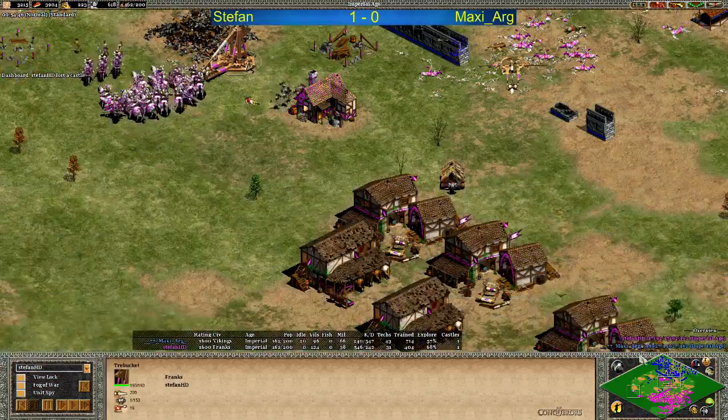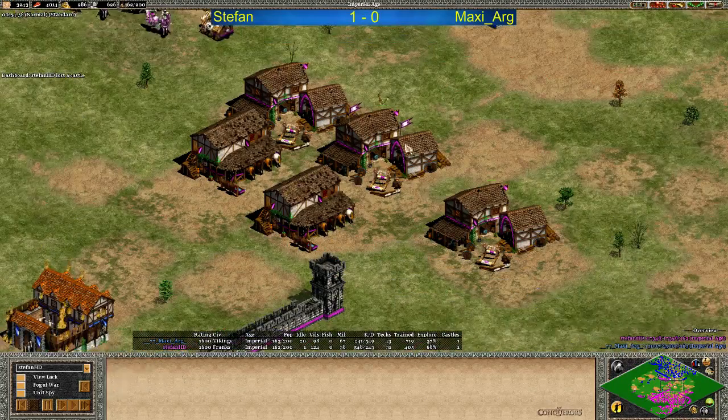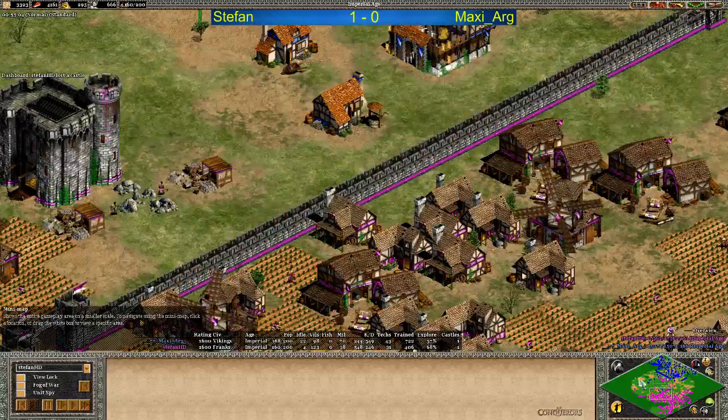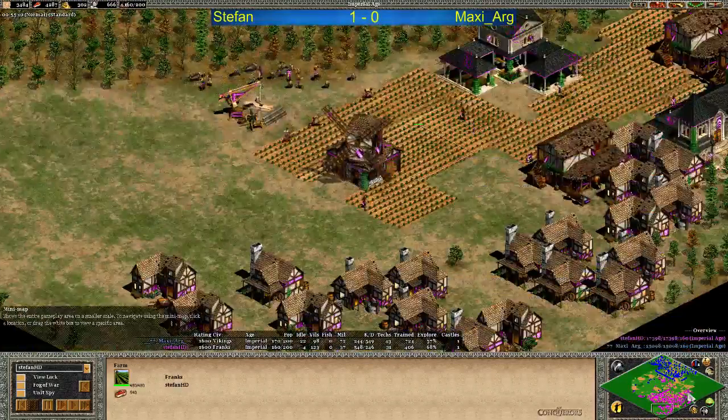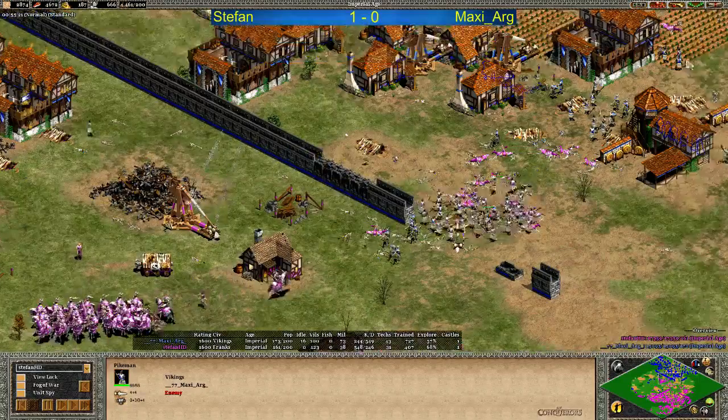Stefan now getting more military units out, or is he? No, 39. He's not doing a lot of them. What is he planning to do? Did he pause? Not sure what he's focusing on. But he's not really doing a lot at this point. And now Arbalest and Pikemen